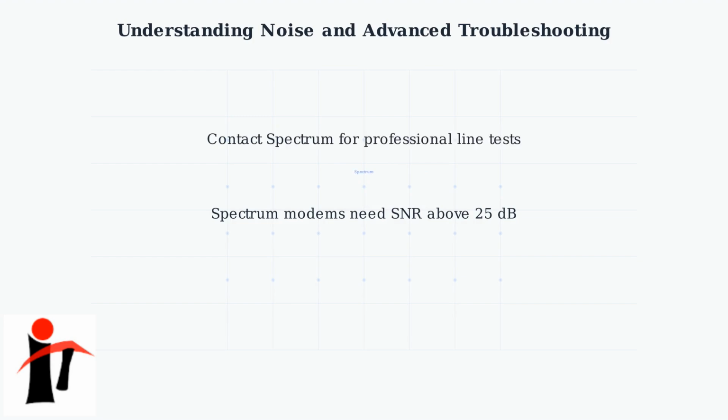If issues persist, contact Spectrum support for a professional line test, as internal wiring faults are a common cause of disconnections. Consider upgrading to a mesh Wi-Fi system, which distributes your internet signal wirelessly throughout your home, helping to bypass